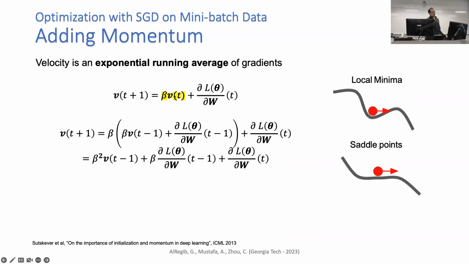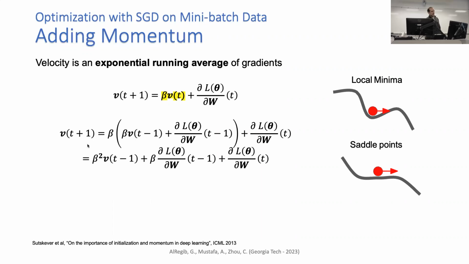Now replace v of t with how the calculation will be for t minus 1. That will be beta times v at t-1 plus the gradient at t-1 plus this term in here, right? So now you start to see where the running average is coming from. Beta times beta is beta squared, v at t-1 plus beta times the gradient at t-1 plus the gradient at time t. All of these three terms will give you v of t+1,